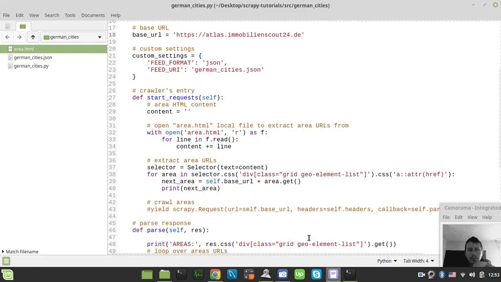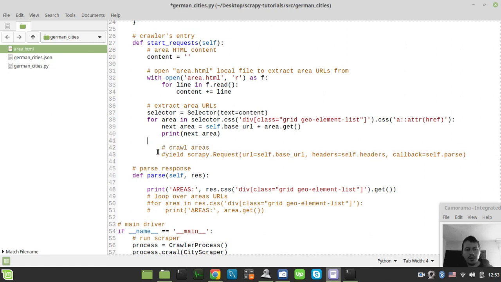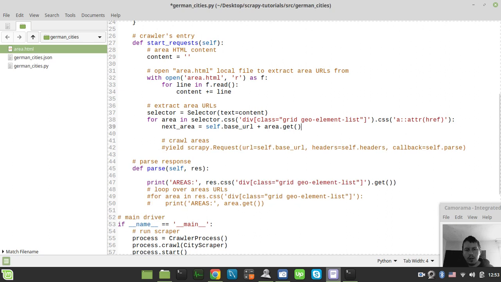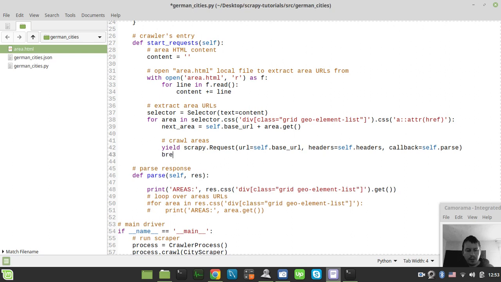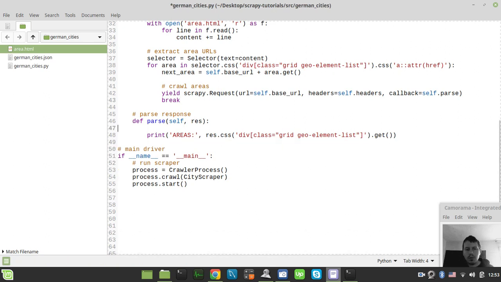Okay, we'll see that. So, well, at least it seems like we have this next area link to be generated just fine, and now I just bring my crawling code back, and also I want to break after crawling the very first page and here, so we don't need this stuff anymore. So here simply